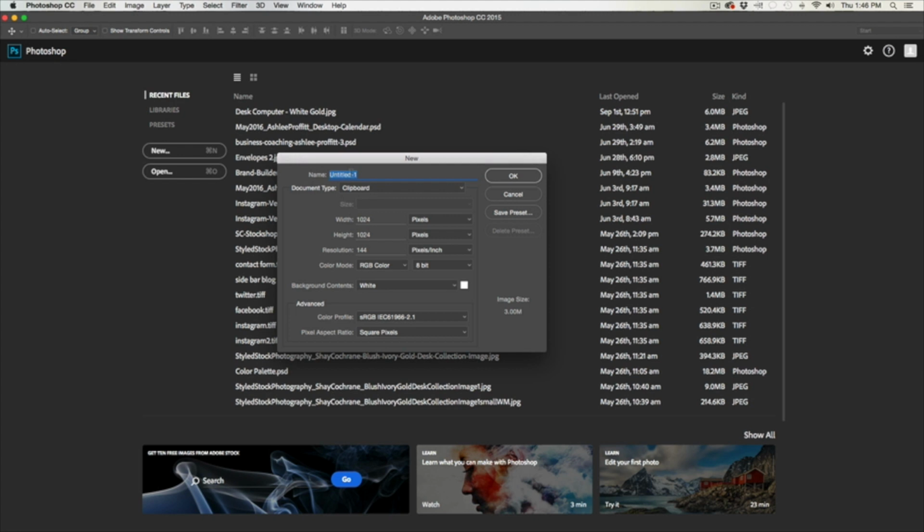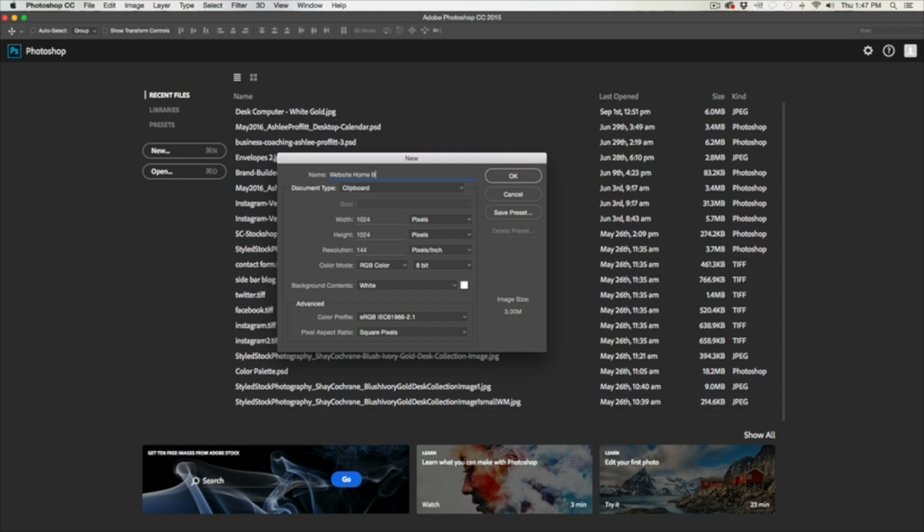So make sure, this is just a little extra side note, make sure that you have a sticky note or a piece of paper where those dimensions are written down and you keep it in your workspace so that you don't lose any time having to look up those sizes every time you're creating a new image for your website, Facebook, etc. Let's call this website